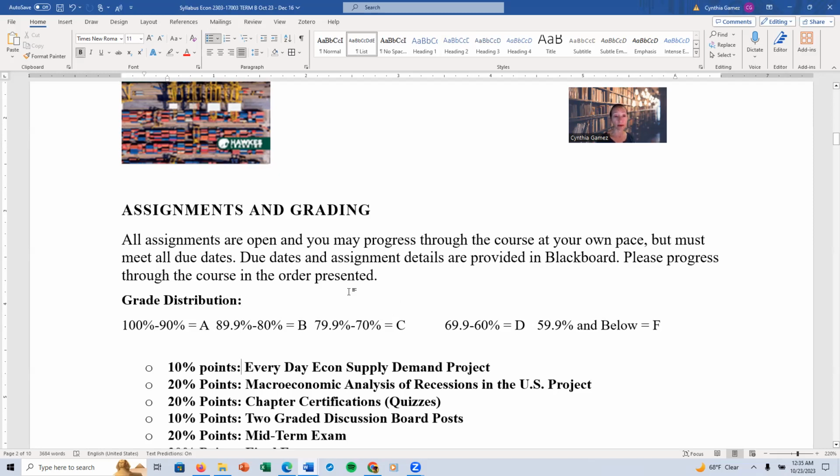The due dates and assignments are provided in Blackboard, so please progress through the course in the order presented in Blackboard. Don't skip around. So the grade distribution: 100% to 90 is an A, 89.9 to 80 is a B, 79.9 to 70 is a C, 69.9 to 60 is a D, and below 59 is an F. So looking at the work we have for this course,